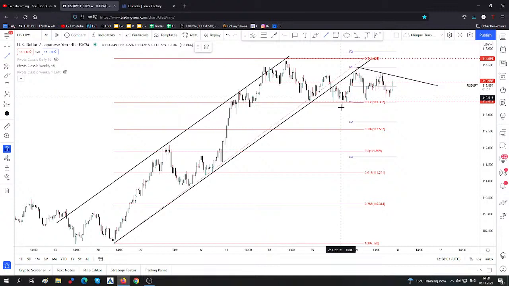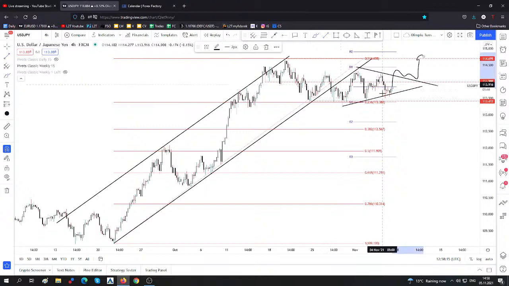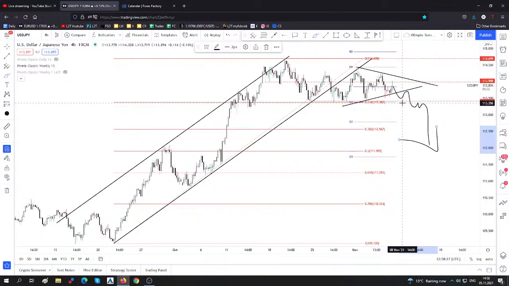I believe that an upside breakout here, a new higher high, for the price to close above this former high 114.27, could signal potential growth, an upside continuation. And I believe that only dropping here, making a new lower low, also making a breakdown below the 23.6, could indicate and announce a larger downside movement in US dollar versus the Japanese yen.